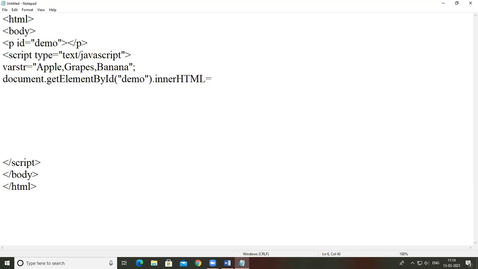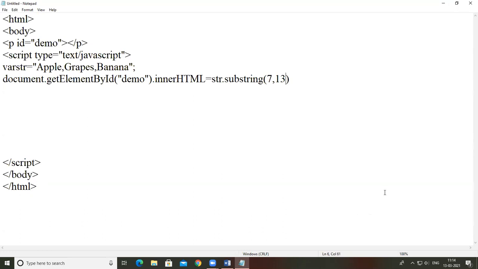It is equal to, here string functions are used, as str dot, I'm using the function substring, and I want to print the values from 7 to 30.